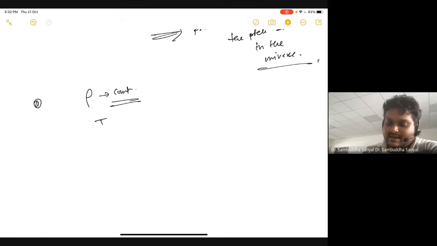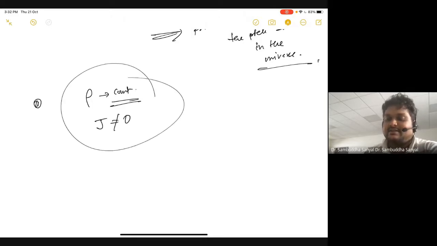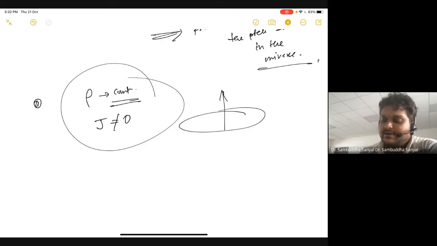constant, yet the current is not constant? Are you familiar with an example like that in electrodynamics? Did you do this problem of a rotating disk of uniform velocity and uniform charge distribution? Do you know that this problem will have a non-zero current because it's a rotating object, but if you take a local point, the charge is constant there.